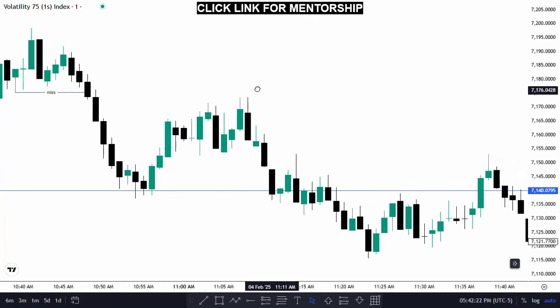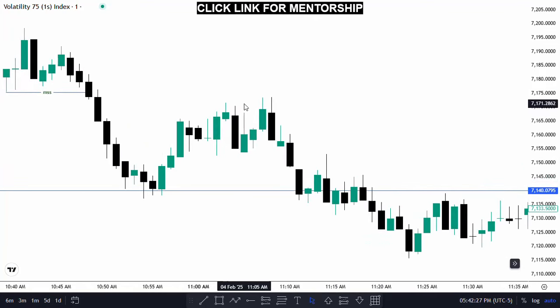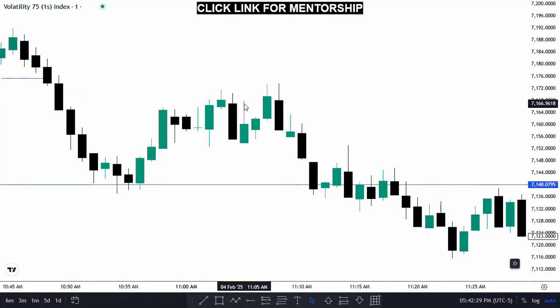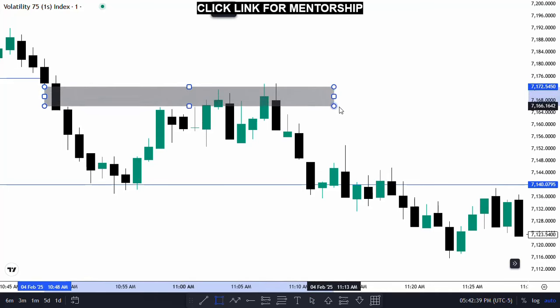price can give you these simple second short right here. I don't know if you can see it. You can see the candles that are reacting to this fair value gap right here. I'm showing you how you can get extra confirmation. They are respecting that fair value gap that is in a premium zone. So price is reacting to that. You can see price going up and down, and then all of a sudden